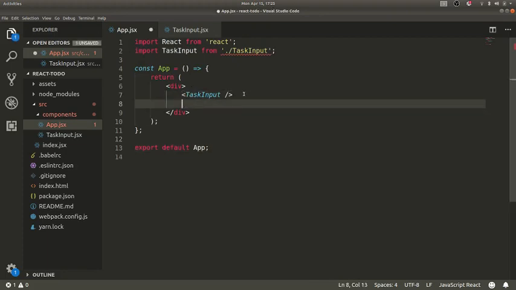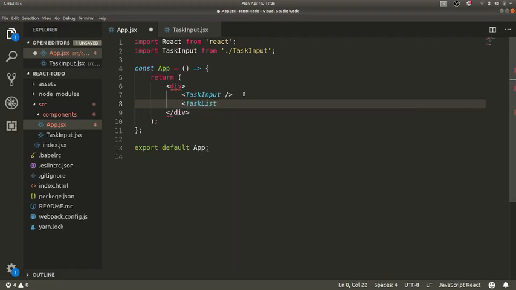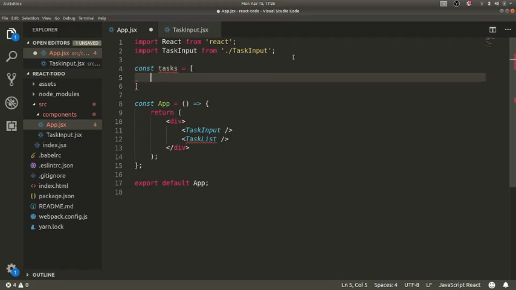What else do we need? After this, we need a task list. And a task list needs tasks. So I'm going to create some tasks here, an array of something. What is the something? The task name. Whatever is the task. What about done and not done? You want to put this here? Yeah, because one task needs like wash